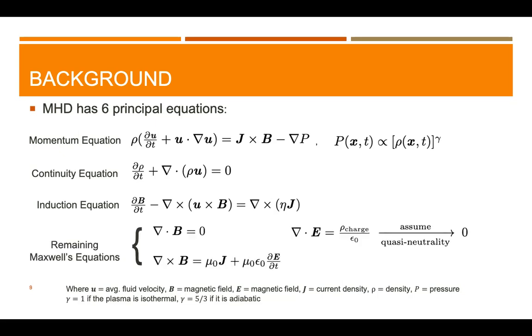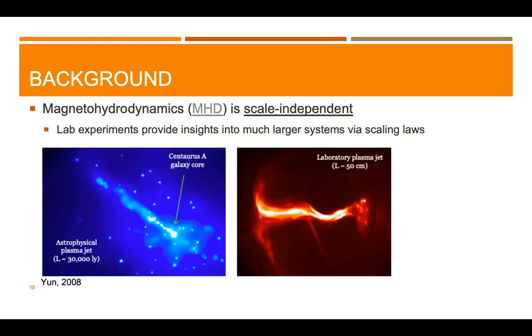Finally, we have the remainder of Maxwell's equations, but we kind of discard the divergence of E because we assume quasi-neutrality, i.e. in every control volume, there's an equal number of positive and negative charges. So that's the 6 sort of minimal equations for describing the plasma. We're not going to go into it in any significant detail. It's sort of just to say, oh no, this is complicated. But the really interesting thing is that these 6 equations are scale independent. On the left hand here, we have an astrophysical